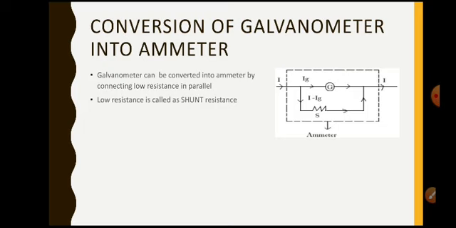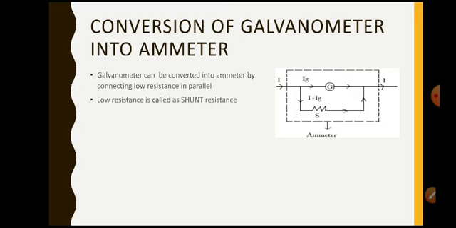For this purpose, it is put in series with a circuit in which the current is measured. For accurate measurement, the ammeter must have two properties. One is a very small resistance, zero in the ideal case, and a very large current carrying capacity. It should have these two properties. And the galvanometer is a sensitive instrument.